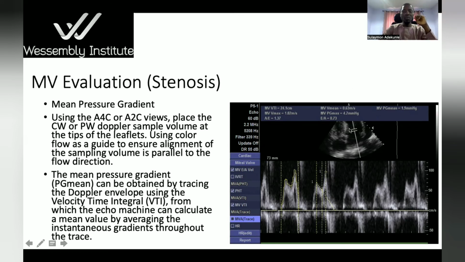What are we saying? Once you place your Doppler sample at the tip of the mitral valve, it gives you your usual EA wave. So to get your mean pressure gradient, you take the tracing of the EA wave, which gives the VTI, and calculate the instantaneous gradient across that tracing, and that gives you the mitral valve pressure gradient. So in this case, it's 1.9. So that's how you get your mean pressure gradient for the mitral valve. You trace